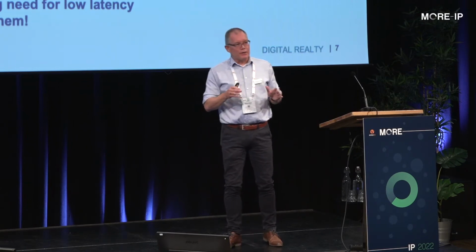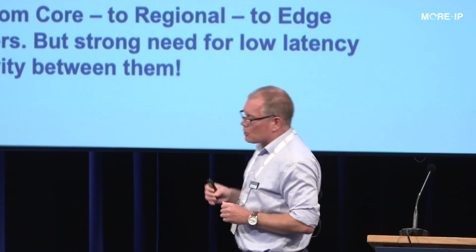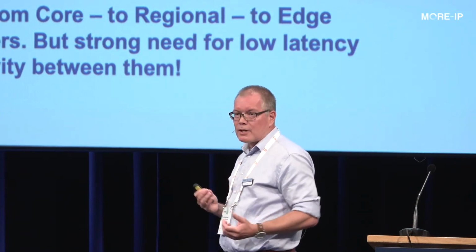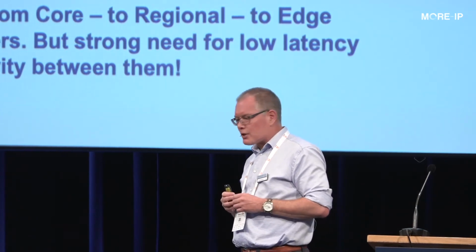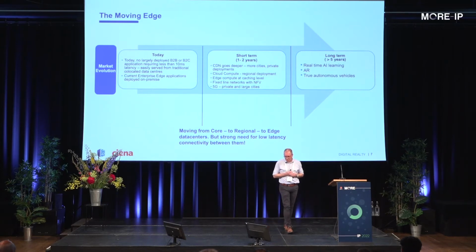That doesn't mean that nothing is happening on edge. There are a lot of things that are happening on edge. So we see CDNs that are going deeper inside the internet infrastructure. They're going closer to the eyeballs. So they're restructuring their infrastructure. We also see the larger cloud companies doing a cloud out proposition and building regional cloud data centers. So there are things happening.